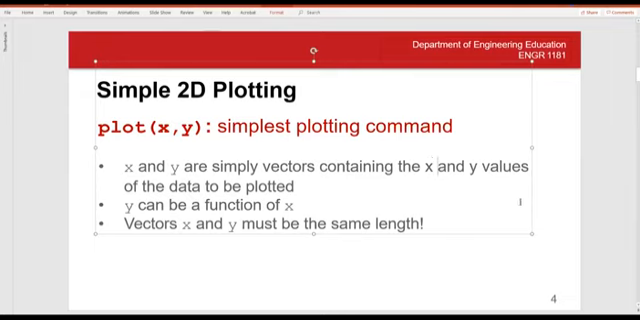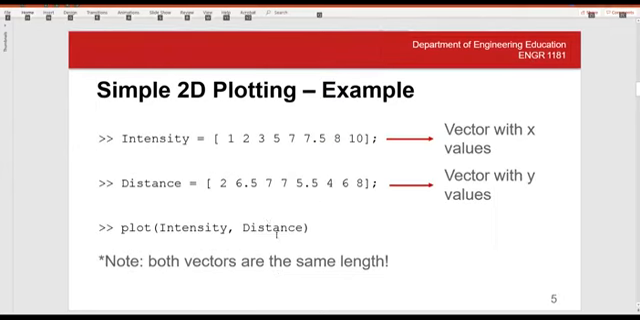In this video, we'll learn about plotting in MATLAB, and this is maybe the simplest command that we could use: plot. So this is just plot, and the x, or whatever, will be the vector with the values in the x-axis, and make sure the number of values for x and y have the same length. So if you look at this example here, we can plot intensity with the distance, and